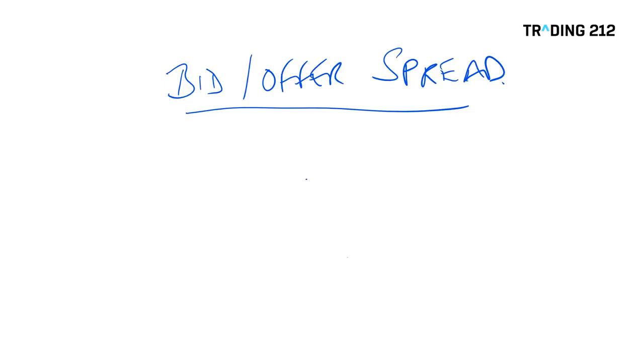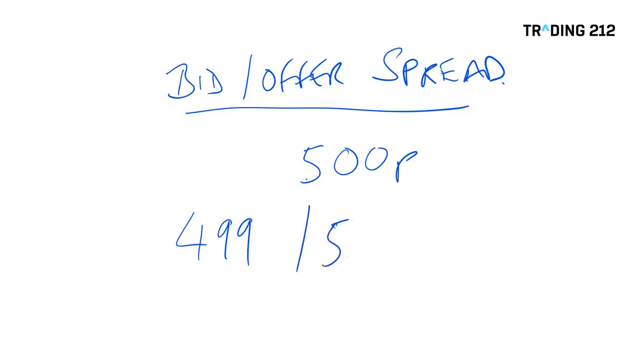Let's talk about shares first of all. Let's say you look at the closing price of your favourite share, and the closing price on the day may have been 500p, if we're talking about a UK share. But that really is only part of the story, because all markets typically have a spread, a bid offer or a bid ask spread. So if you want to trade, when you look at it in the trading ticket, the price might be quoted something like this. So on this side, this is the bid, and over here, this is the offer or the ask price.